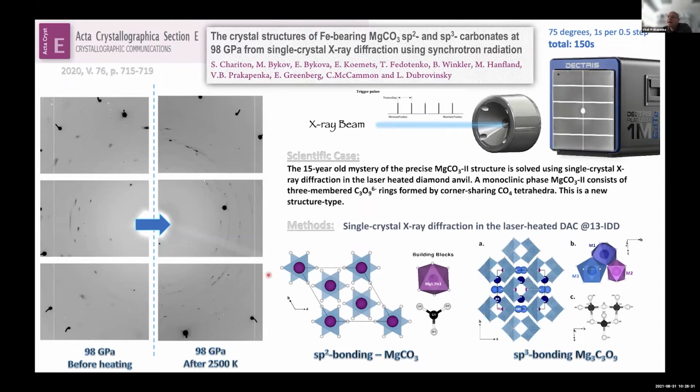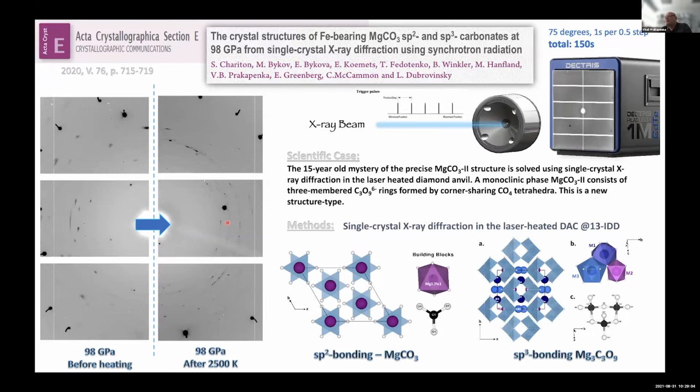If you compress MgCO3 to high pressure, almost 100 GPa, you can see that the sample reflections are quite large with diffuse scattering, and it cannot be used for structure determination. If you integrate as a powder, you will never figure out what the structure is. But after laser heating and careful quenching, you can synthesize quite good spots, and those can be used for